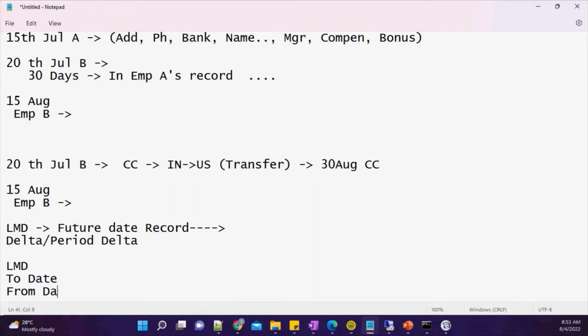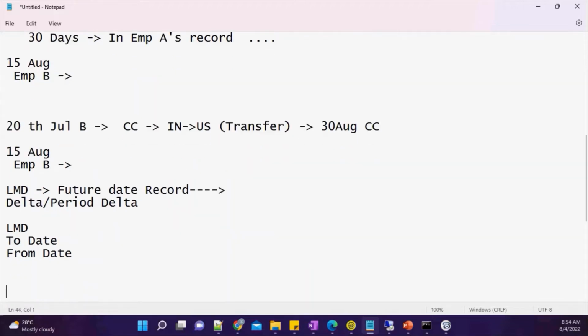Using these three fields, your entire set of records will be fetched. It will check for the period within these two fields. If it is valid between from date and to date and the last modified, it will identify whether that particular record is an effective dated record or not.